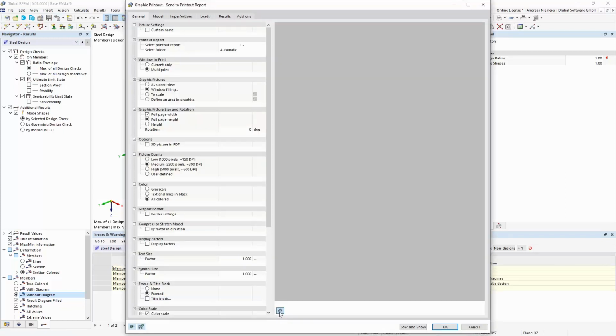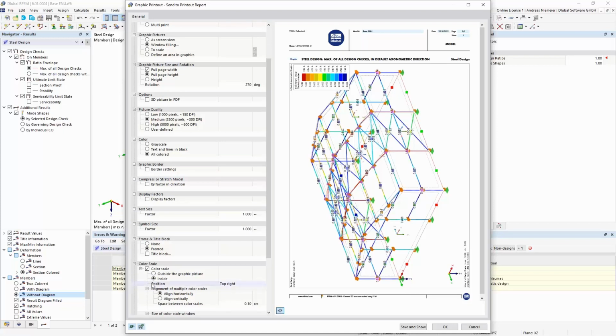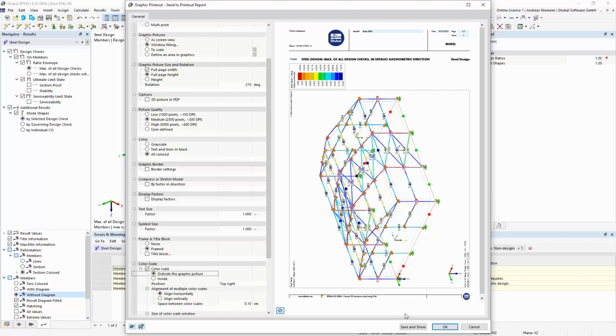You have here a refresh button where you can hit uncheck, then you see, maybe you define I want to make a window filling sketch which is rotated up to 70 degrees and for the current plot. And now if we push this refresh option, you get a preview of the picture that should be printed into the report. And if you see, oh, this colored scale should be outside the picture, you change it and the preview is updated, and if it fits you can print it into the report.